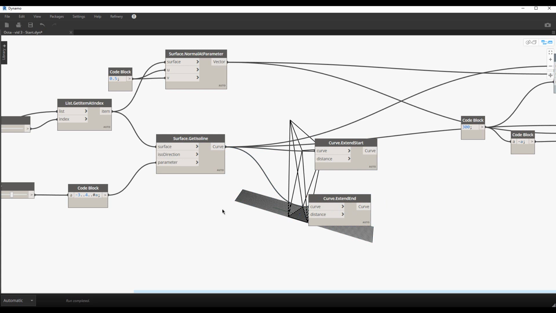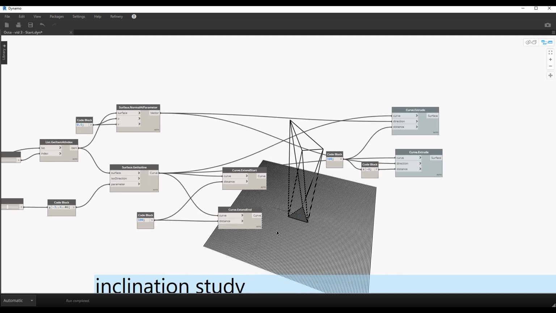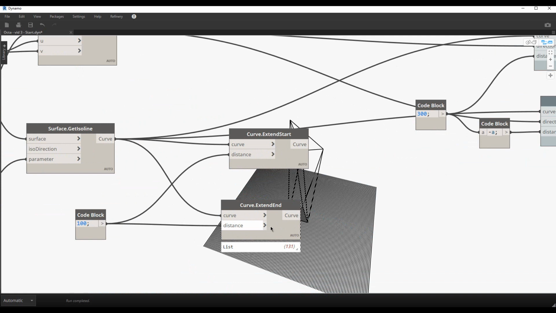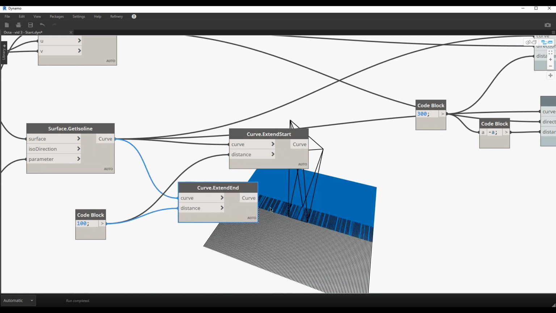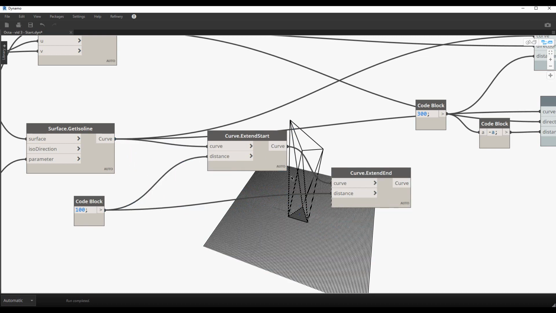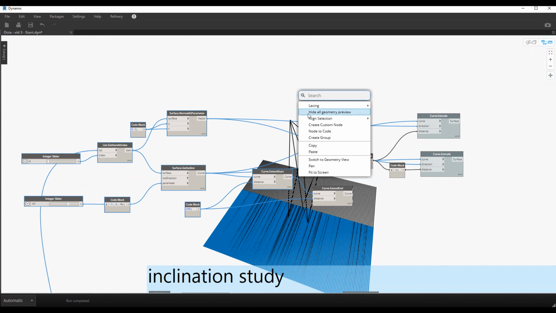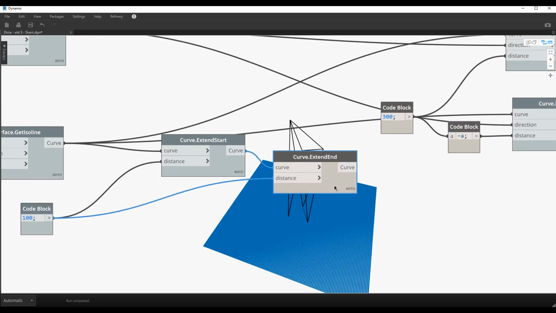I want to make the number, for example, 100. You see that this extends from one side, this from the other. I can extend the lines after putting them to the extend start component. So here, if I hide those, it gives me clean lines,